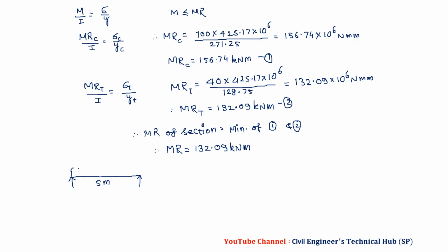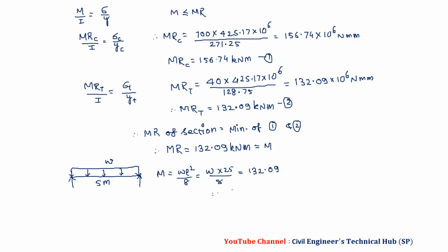And UDL, we are interested to find UDL. Let us say this UDL is W. Therefore we will get M is equal to WL square by 8. Now W into 25 upon 8. And we know this is equal to M,